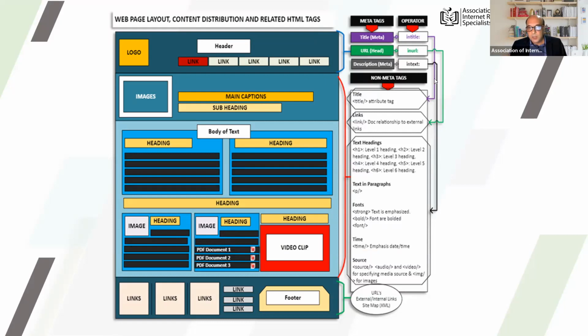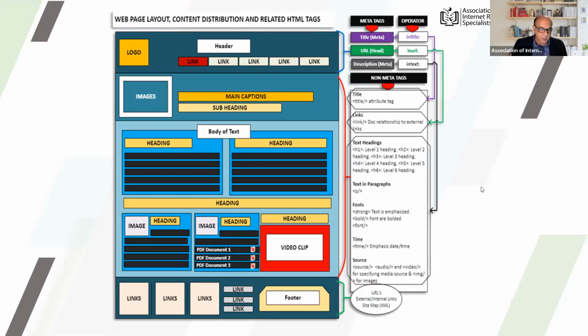And the in-text operator would also be responsible for finding the deeper textual portion inside of the body of text, which is all this area. And the type of tags that it is going to consider relevant enough to match the words are listed in this box.